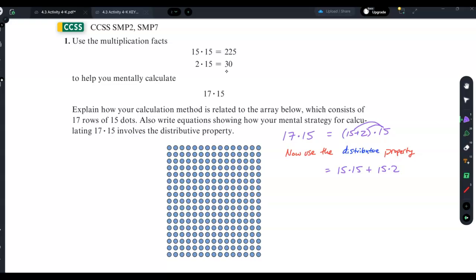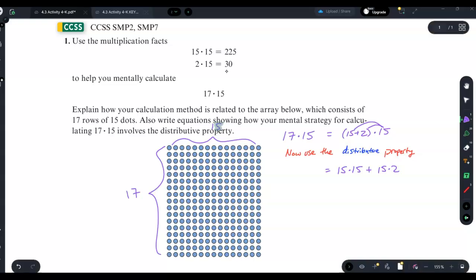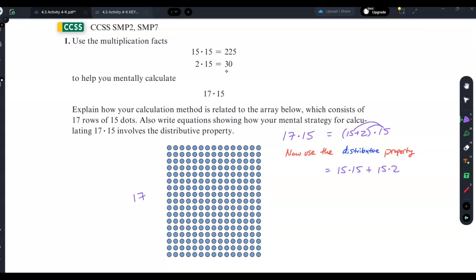But I know that that's a little hard, right? So this array represents that though. I've got 17 rows and I've got 15 dots in each row. So I've got a 17 by 15 array. And so what we're suggesting with this mental math strategy that uses the distributive property is let's split up the 17 into 15 plus 2. So that's essentially splitting this array into two separate arrays. I'm going to take the 17 dots that are going along the left side, or the 17 rows, and I'm going to split that up into 15 of them